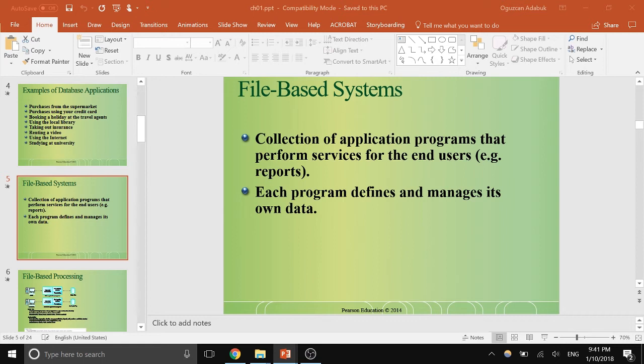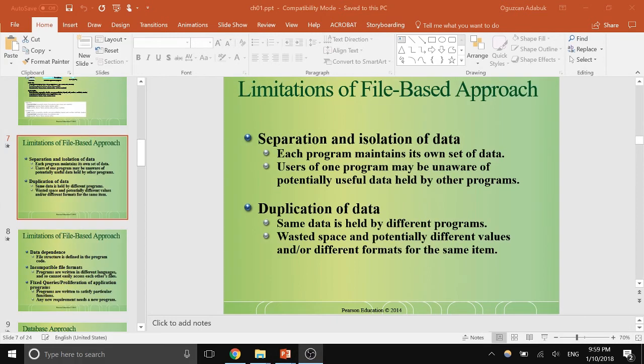Then actual file-based systems, the first attempt to computerize traditional file systems, was basically just writing programs that save these files in computer systems. So instead of storing them in a cabinet, now you would start to store them in computer programs, computers. Let's talk about some of the issues that